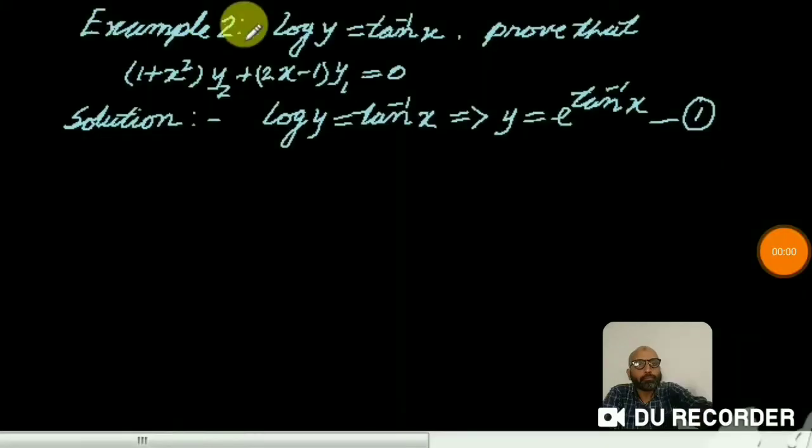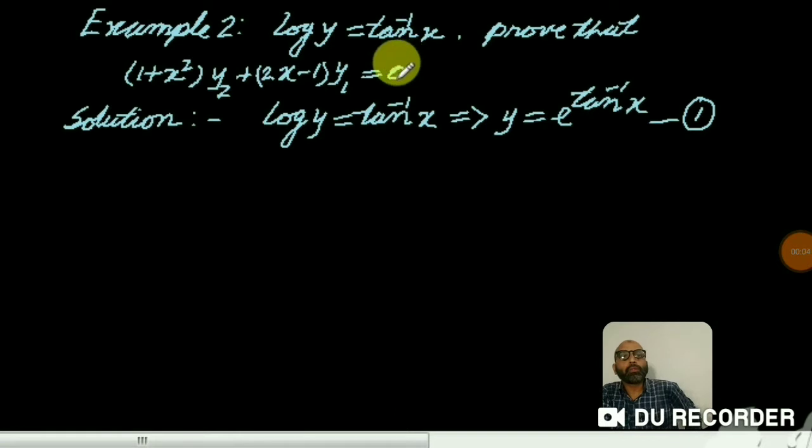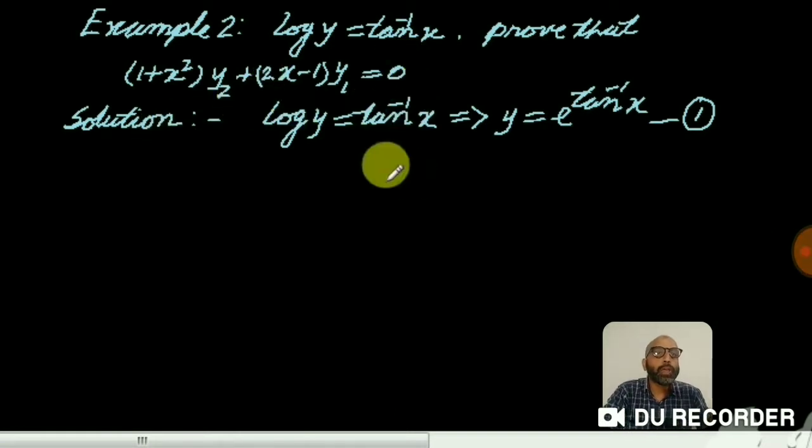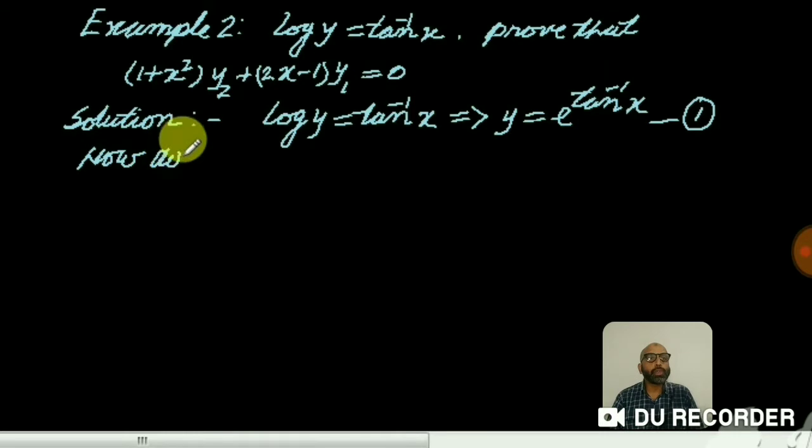Now example 2, log y is equal to tan inverse x. Prove that (1 plus x square) y2 plus (2x minus 1) y1 is equal to 0. So we have taken the given condition log y is equal to tan inverse x. It implies that y is equal to e raised to the power tan inverse x. Let it be equation number 1. And now differentiating with respect to x, we get